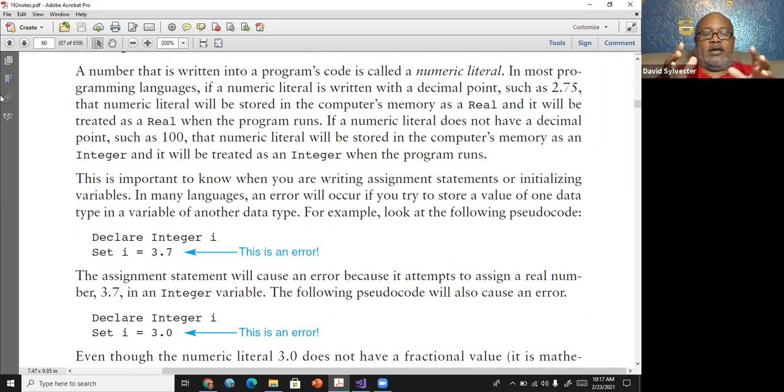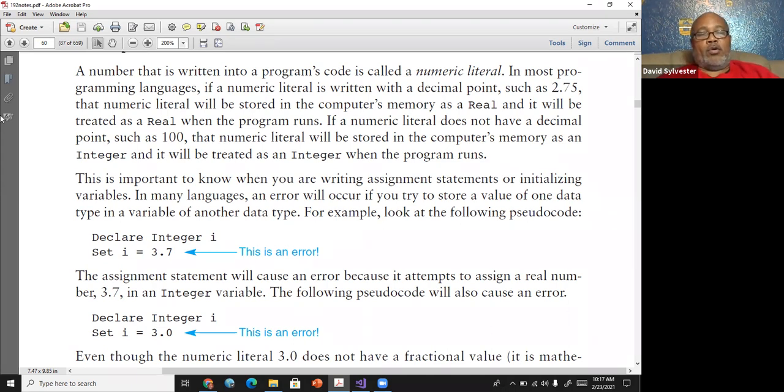So some compilers are more strict about keeping your data types the same. If that value is a double or real, I need to store it into a real variable. If it is an integer, I need to store it into an integer variable.